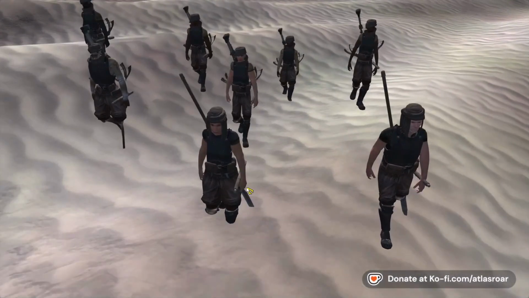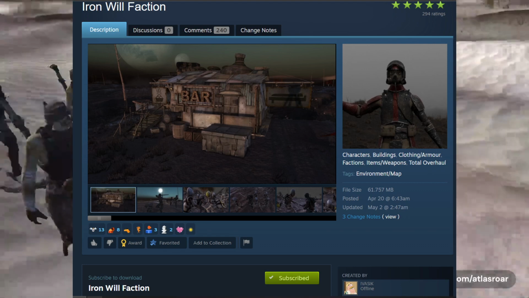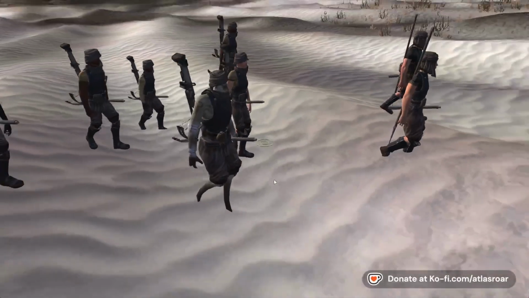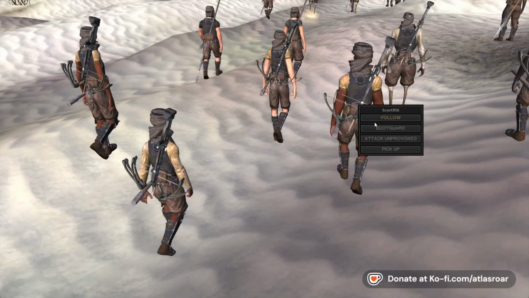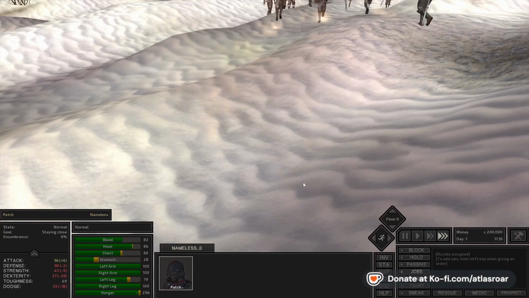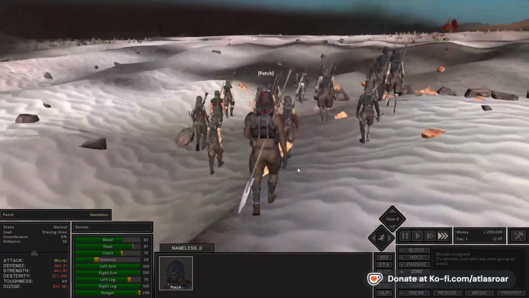I've seen a couple mentions of this mod across the internet, but outside of those mentions, I didn't see much interest in it beyond the download numbers. So today, we're looking at the Iron Will Faction mod by Evasic. The video in the background is a small playthrough of me exploring the town and fighting with the Masterwork armor